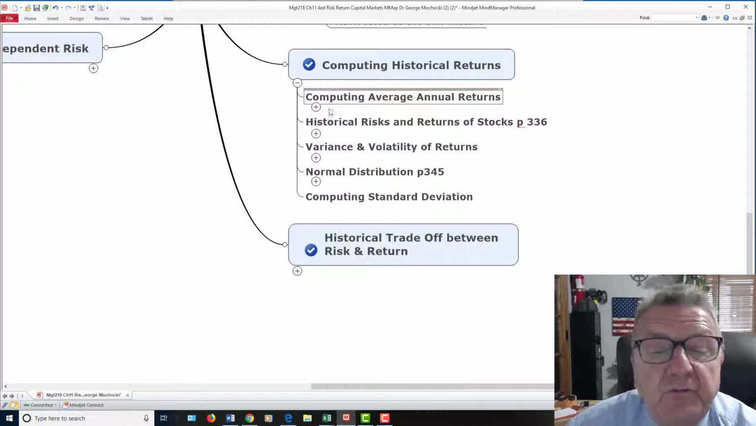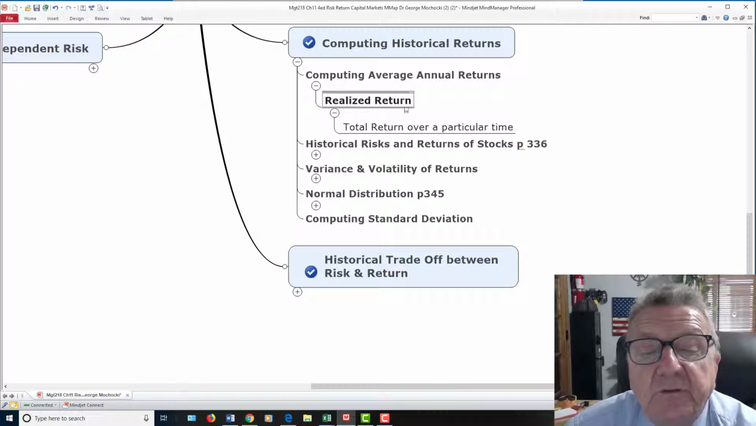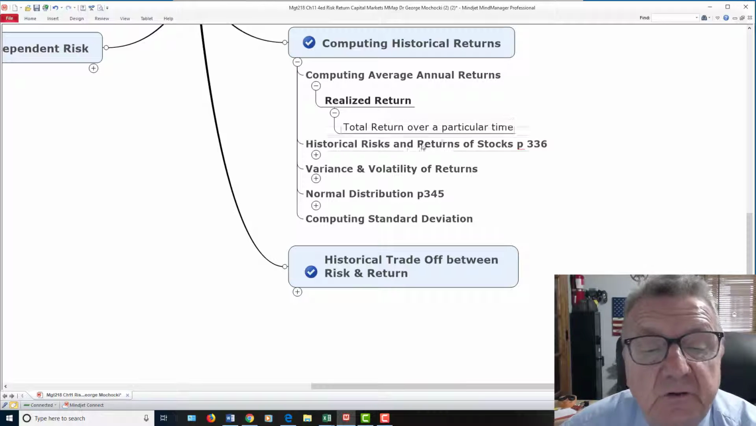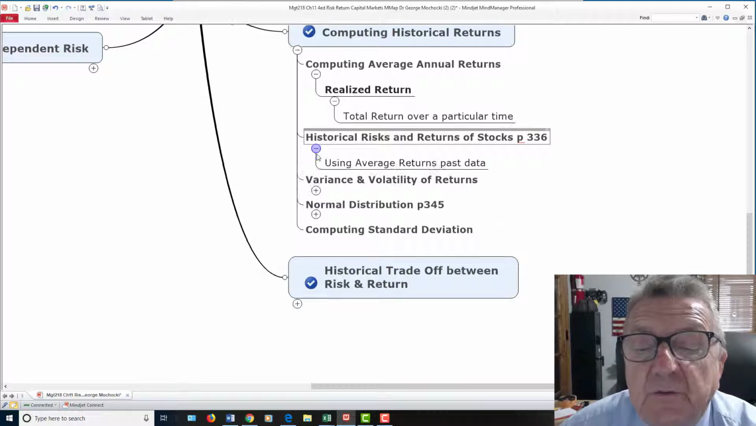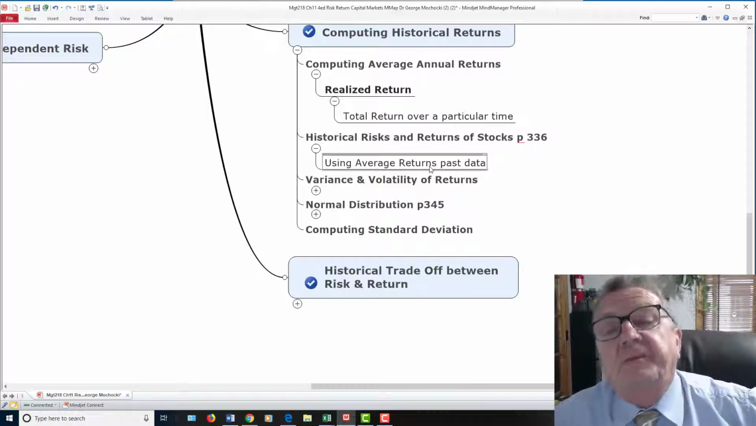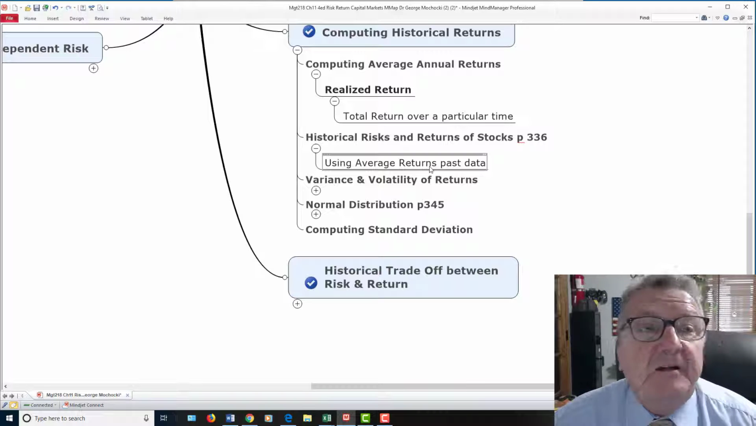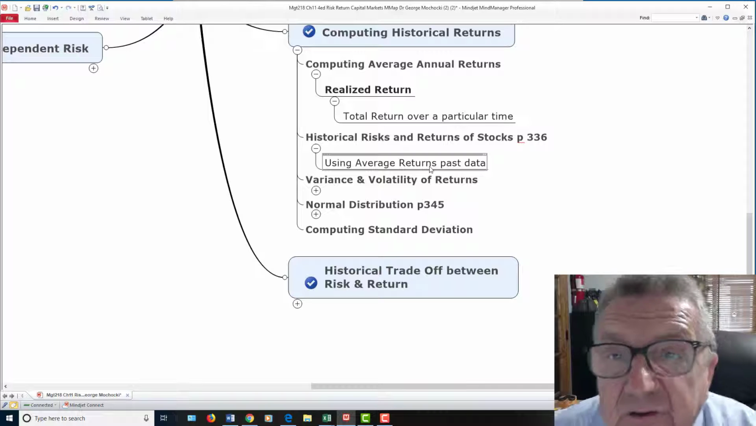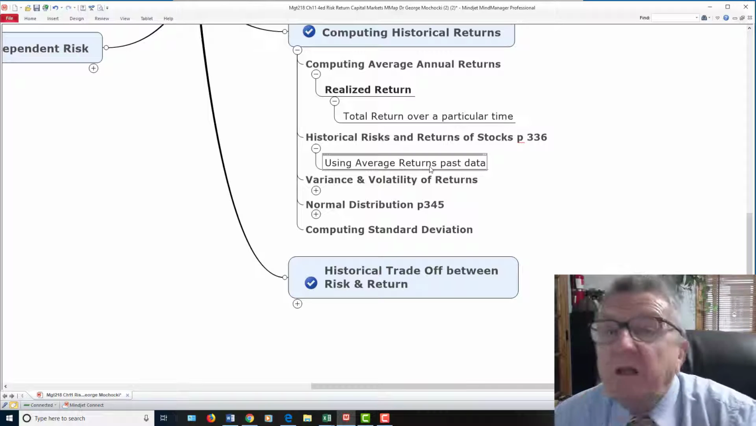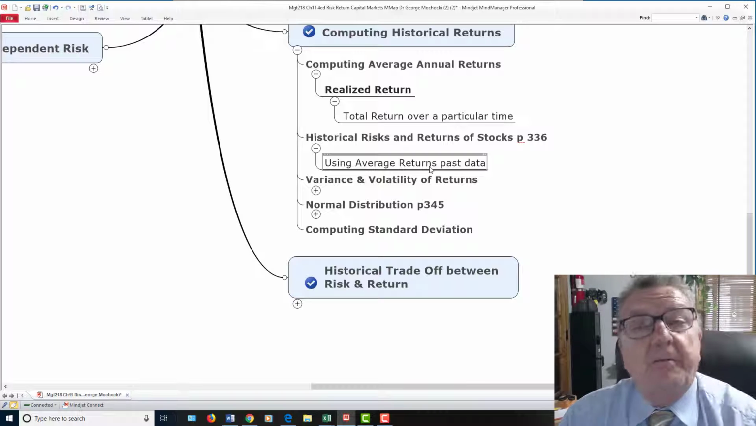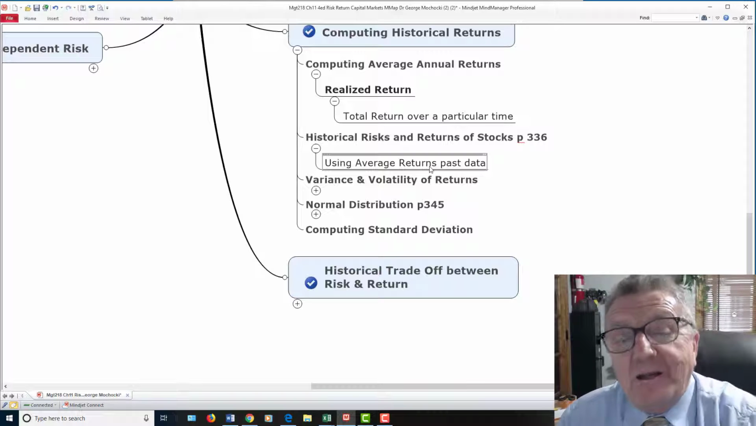Okay, computing the average return. Realized returns, total return over a particular time. You always have to see how much I'm going to get at a certain time. Historical risk and returns of stocks using average returns on past data. What's normal for a stock? Utility stocks, you're not going to make much money on them because there's so much capital investment, but they're always paying dividends. And it's okay, this is a steady income stream. That's what I want. Tech stocks, higher risk. If they come up with a new idea, I can make a lot of money, but they're very